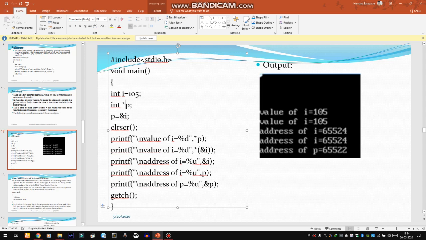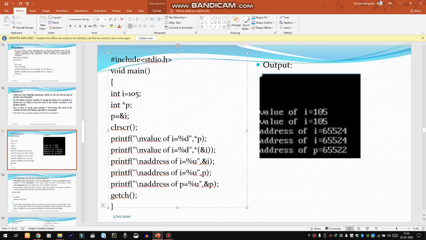Since p is an integer pointer and i is an integer, p can hold the address of any integer variable. So p = &i will hold the address of i, where the value 105 is stored. You can see the value of i is 105 and the value through the pointer is also 105.